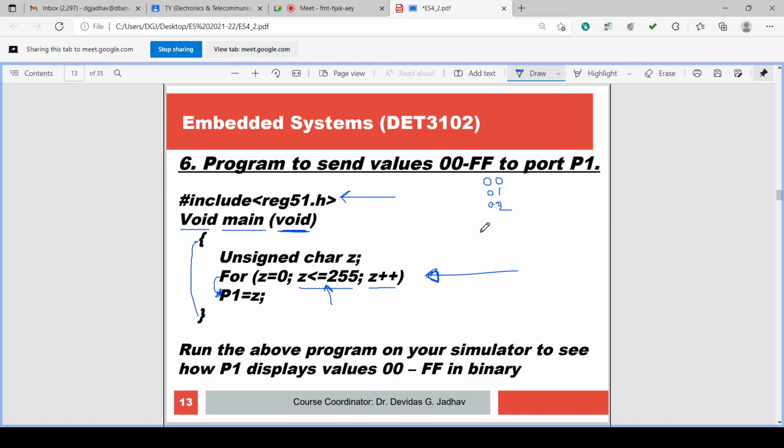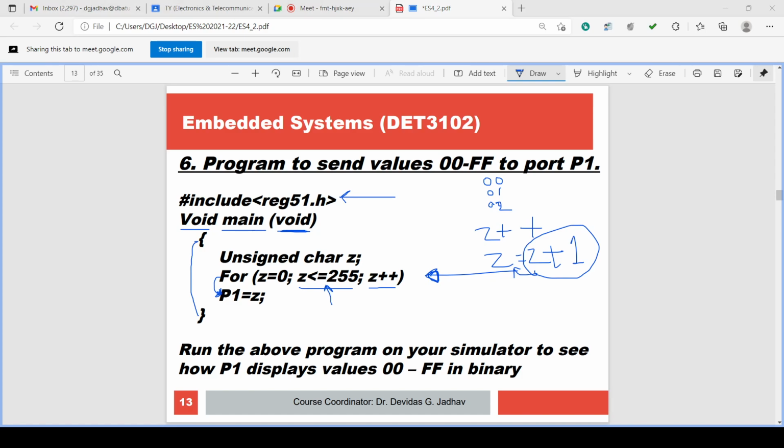Z plus plus means Z equal to Z plus 1. Every time the old Z is added with 1 and assigned to new Z. So Z plus plus is nothing but Z is incremented by 1.